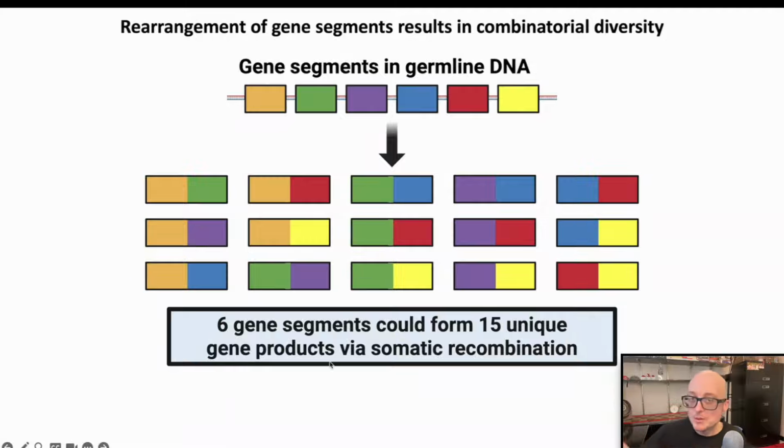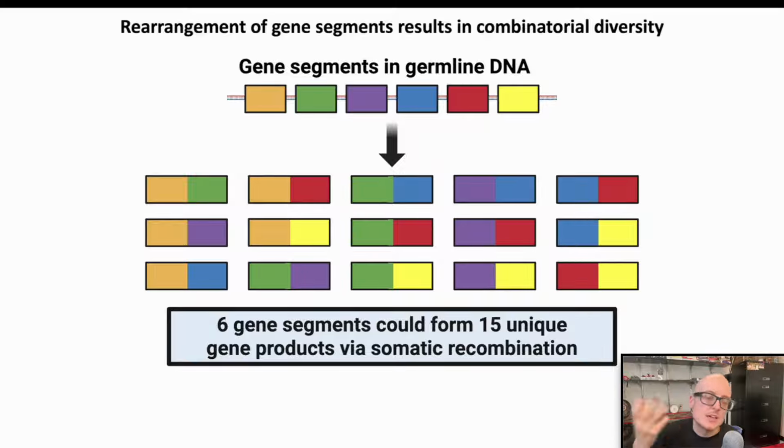So we've more than doubled the number of possible outcomes. And so instead of taking up all the room that 15 genes would take up, we actually have 6 small gene segments. You can see how if you multiply this kind of logic, the efficiency built into this type of system over many orders of magnitude, you can actually get up to very large numbers, in fact, through the process